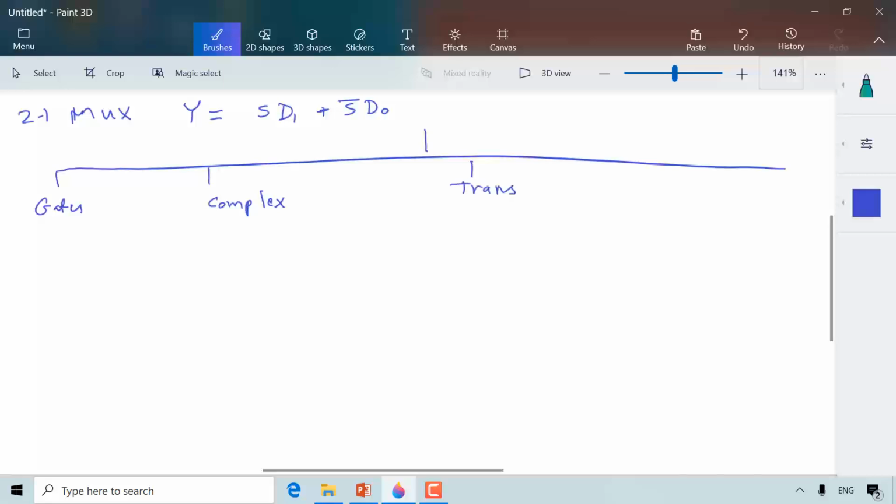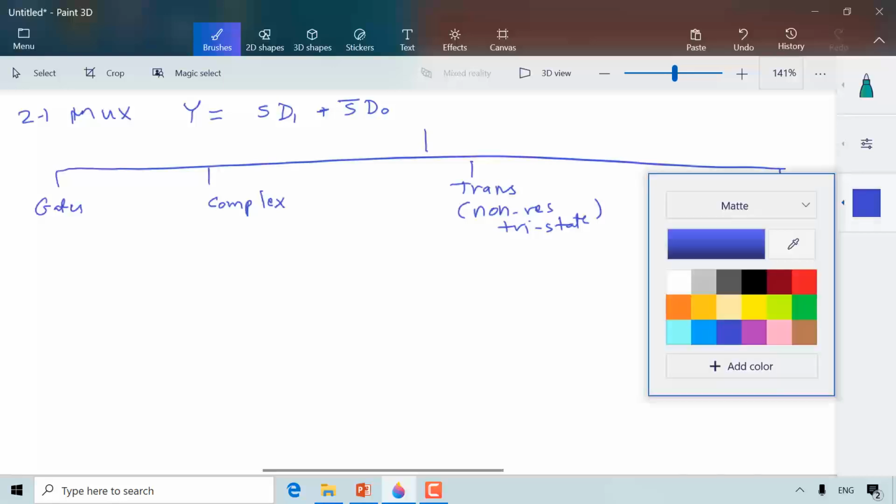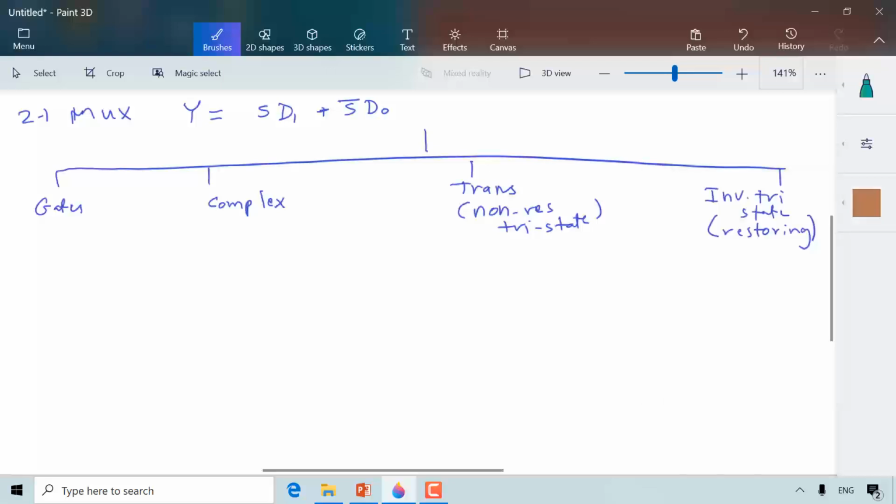This is where we have non-restoring tri-state, and finally we will look at inverting tri-state, or restoring tri-state. Okay, so if we want to design this using gates, let's take a look here using gates. So very simple. We'll say that we need